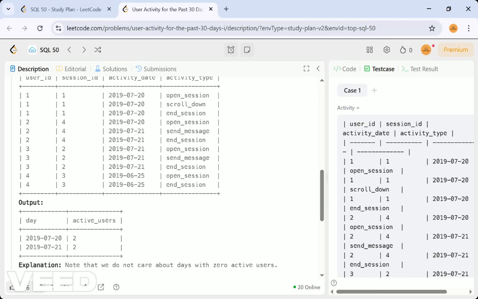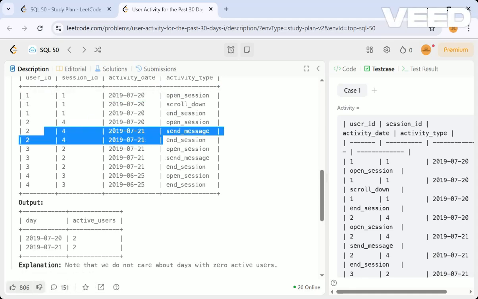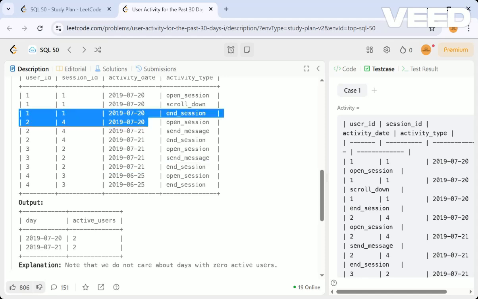So active users from 30 days means, you can see here, the first user on this date is an active user. On 21st, this user too, this is also an active user. So for 21, these are two for 21. For 20 date, these are the two active users.